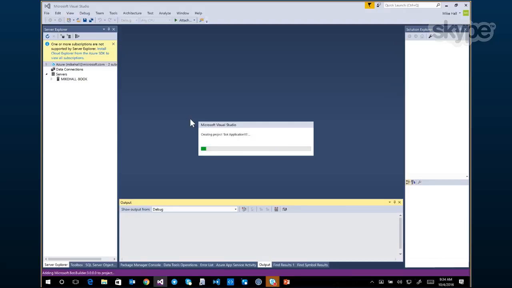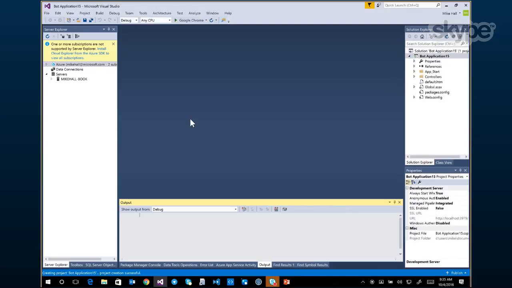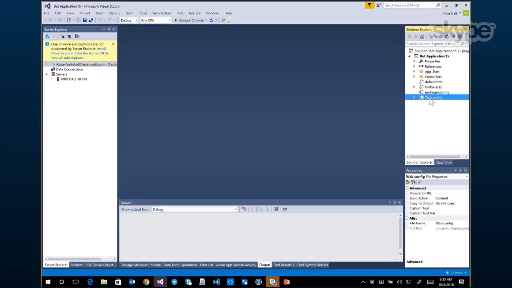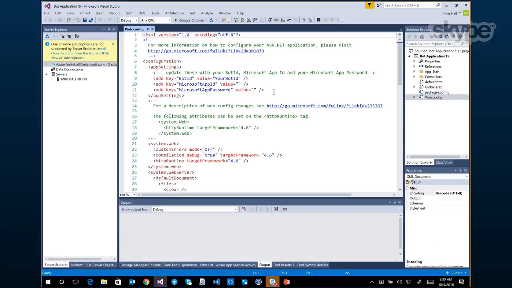Now, before we get into looking at the code, modifying code, doing something interesting with the bot, there are a couple of things that I want to point out about the code that is generated for the bot. The first thing is that we have this file called web.config, and this has 2 lines in it that are interesting for you when you're building your bot. By default, the application ID and application secret that are used to secure the communication channel to your bot are empty.